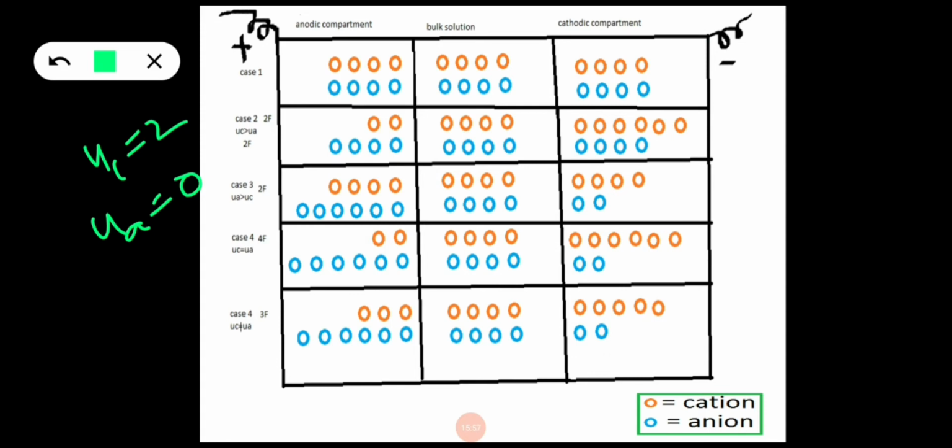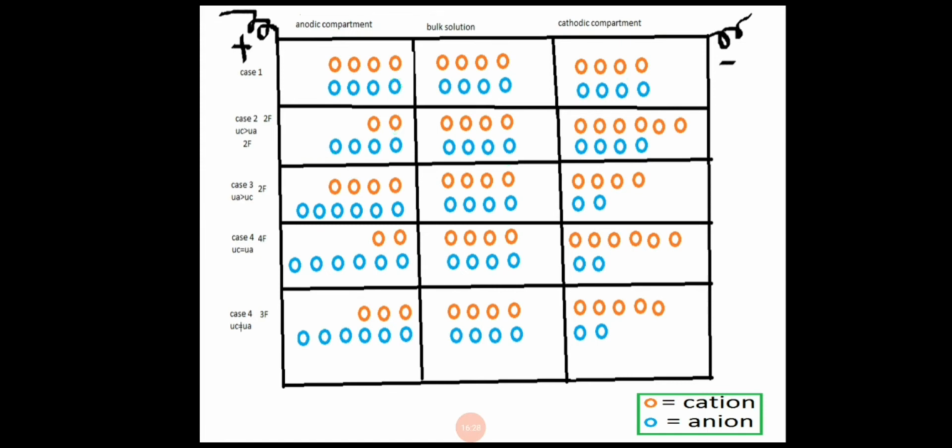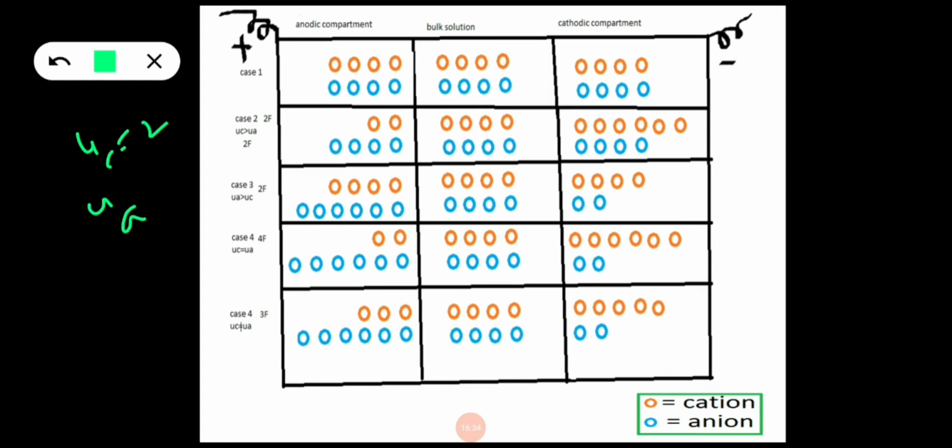Let us suppose now cations move towards the cathode from the anodic compartment. From this compartment they will move towards the next compartment. So 2 cations are left here. There are no 2 cations here. Those cations have moved. Take this solution and do the electrolysis. 2 cations from here will move to here, and again they will come into this chamber, and no anions are moving. So 4 anions of this solution are present as they were. No anions come towards this cell. So the speed of cation is 2 and anion speed is 0.